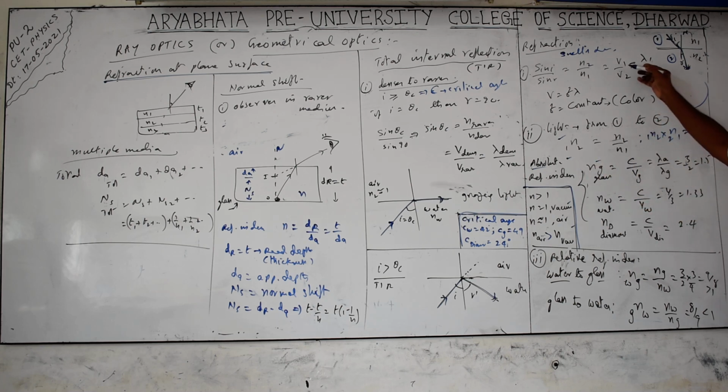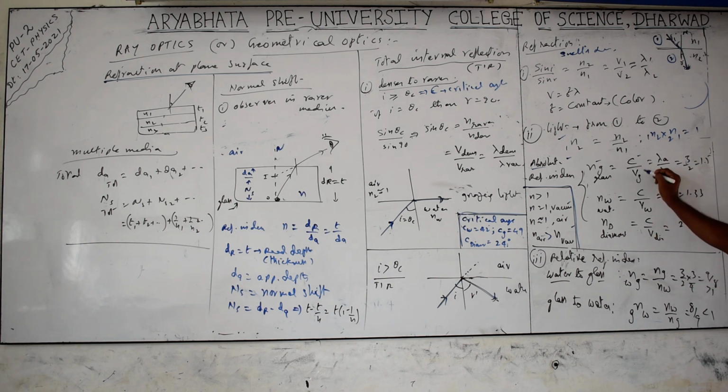So a single N g is called the absolute refractive index. It is nothing but the velocity in vacuum by velocity in glass, the reverse ratio. Velocity of the vacuum is C, which is 3 × 10^8 meters per second, divided by the velocity in the glass. Velocity is maximum only in the vacuum for all the colors, all the wavelengths in the spectrum. In glass, water, any denser medium, velocity is less than that of the vacuum. So V g is always less than C.